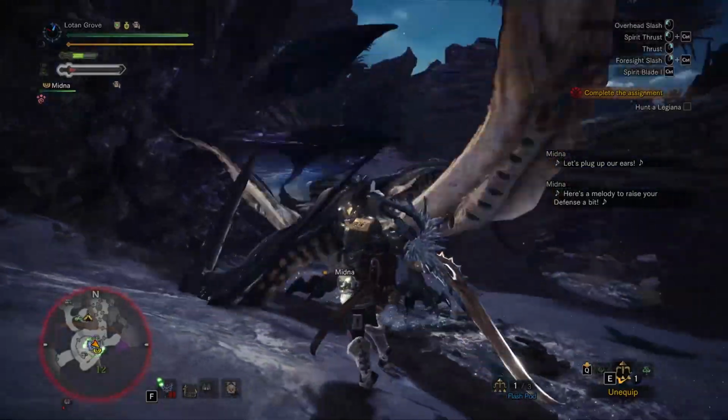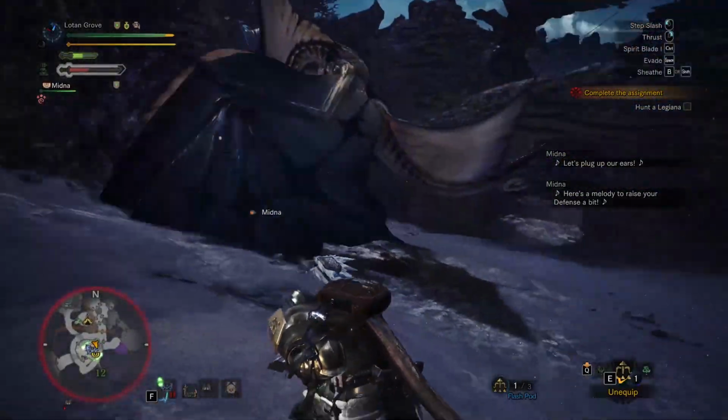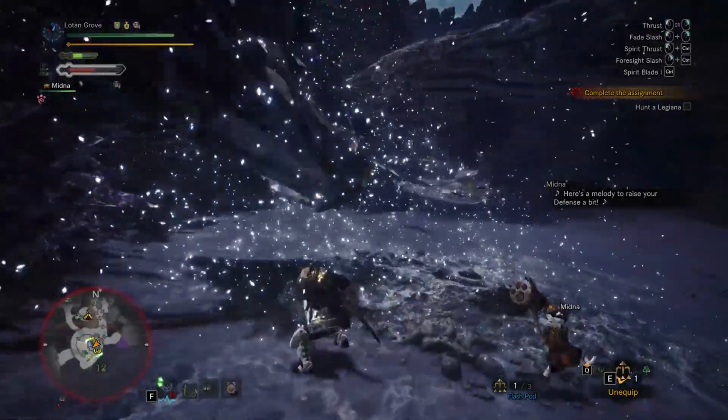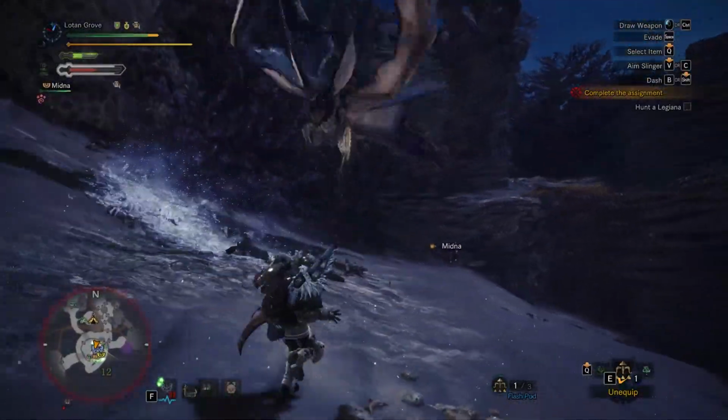Charge my spirit. But the hunting horn could also be very useful for this fight. And if you're struggling to hit this thing in the air, which I am a bit,